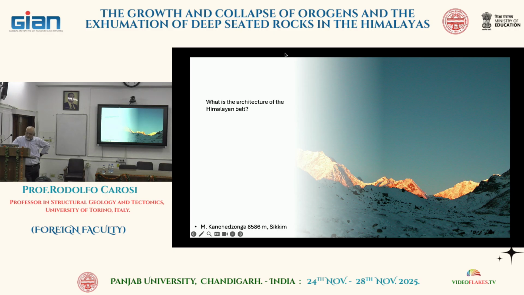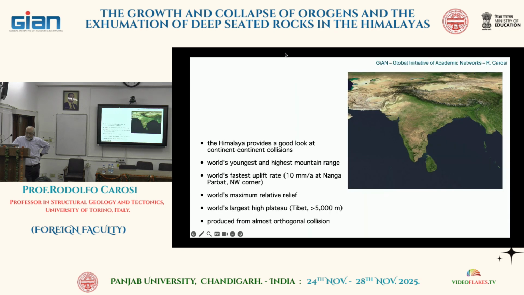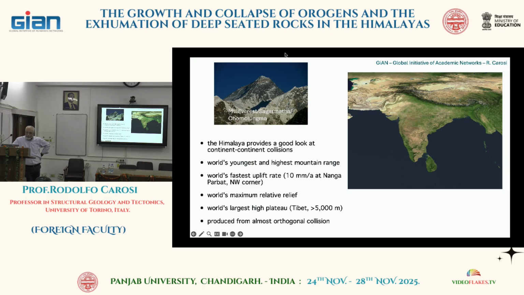Okay, so we started to see what the general architecture of the Himalayan belt is. The Himalaya is very famous, it's the most famous collisional belt in the world. Most people study it, and the Himalaya provides a good look at a continent-continent collision. It is the world's youngest and highest mountain range. There is the fastest uplift rate, up to 10 millimeters per year in the Nanga Parbat, in the northwestern part of the belt. There is the world's maximum relative relief. There is the world's largest high plateau, the Tibet, more or less